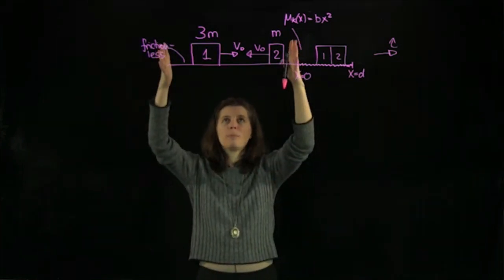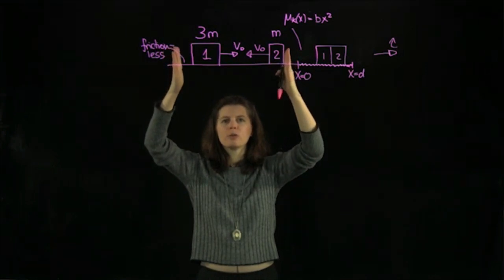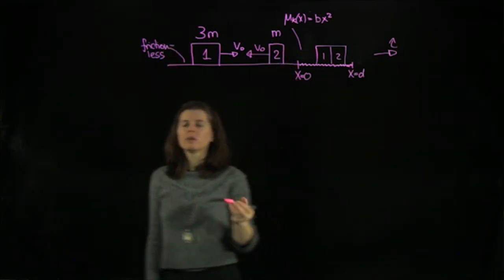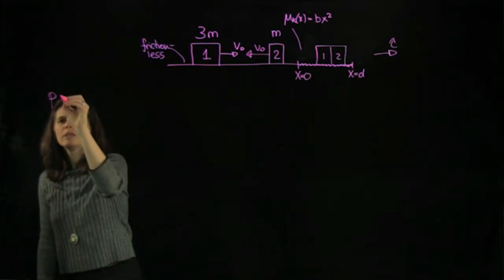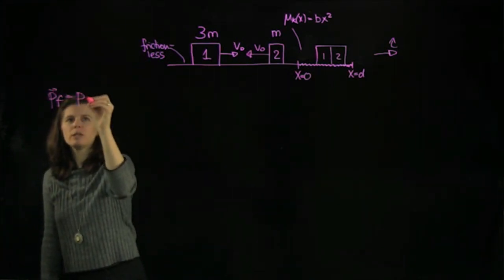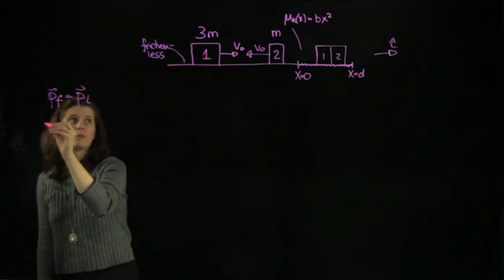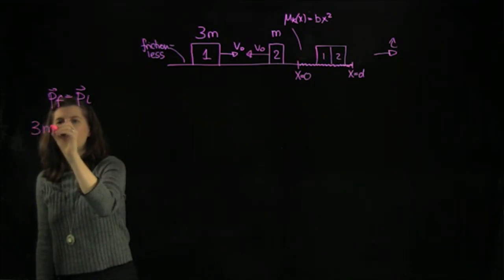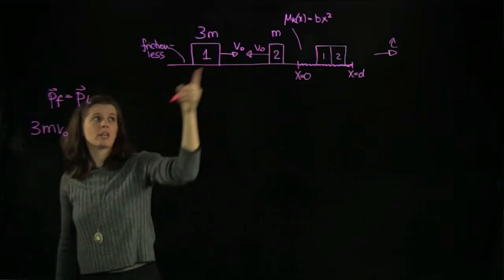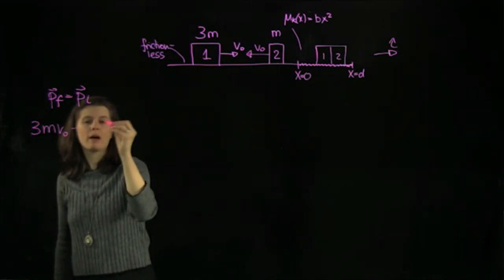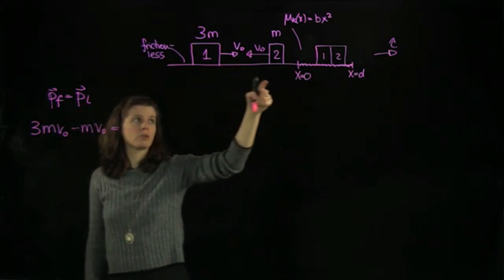So up to this part here, before this x equals 0, there's no external force acting on the system. So conservation of momentum holds, which means that P final equals P initial. Okay, so let's put this together. We're going to have 3m v0. That block goes in the positive i-hat direction. Block 2 goes the opposite way, so we have minus m v0. And then at the end, when they're stuck together,